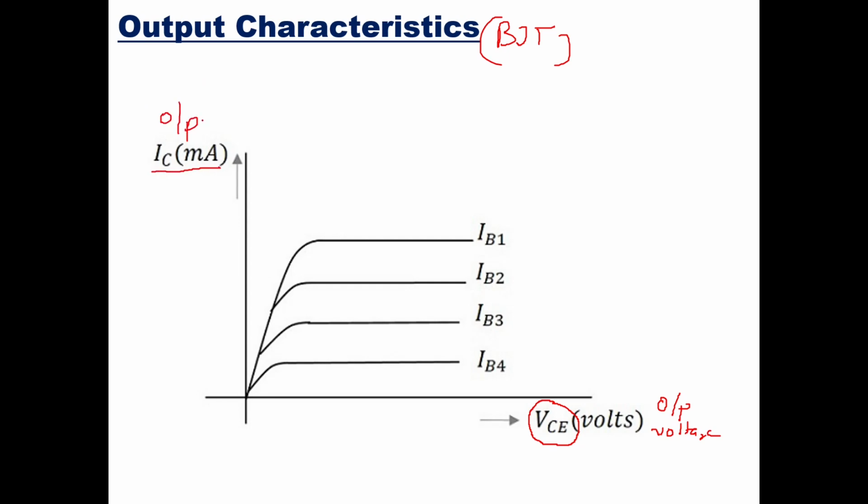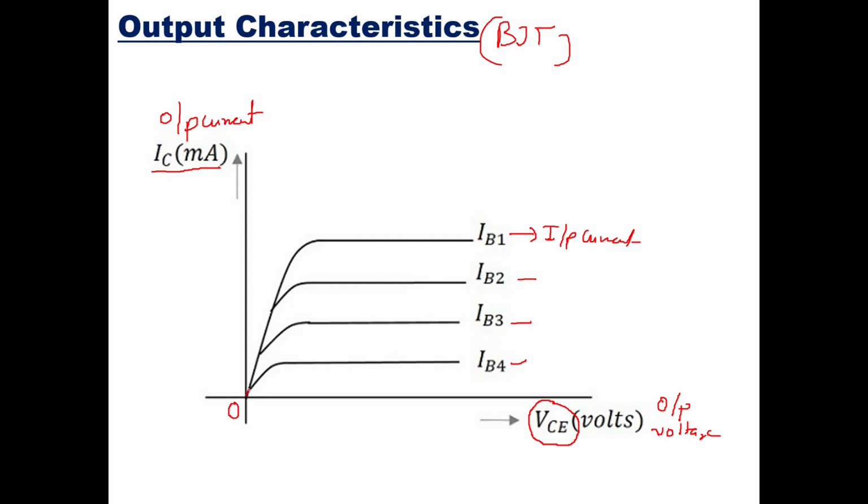This was the output current for various values of input current. This is the base current, the input current. You can see various values IB1, IB2, IB3 and IB4. IB4 is a small one, IB3 is a little more than that, IB2 is more than that, and IB1 is more than that. Here, if you start initially with a base current IB4,